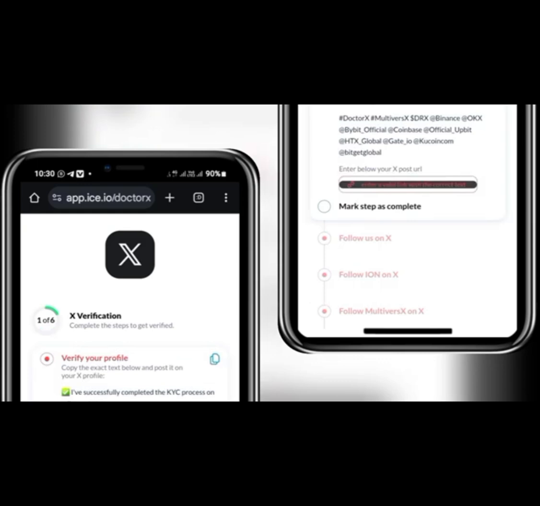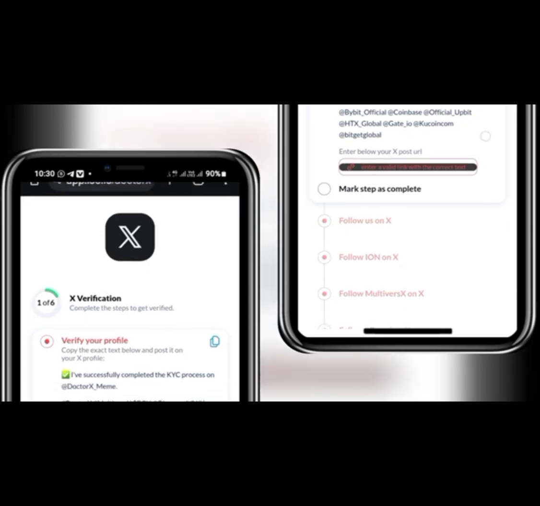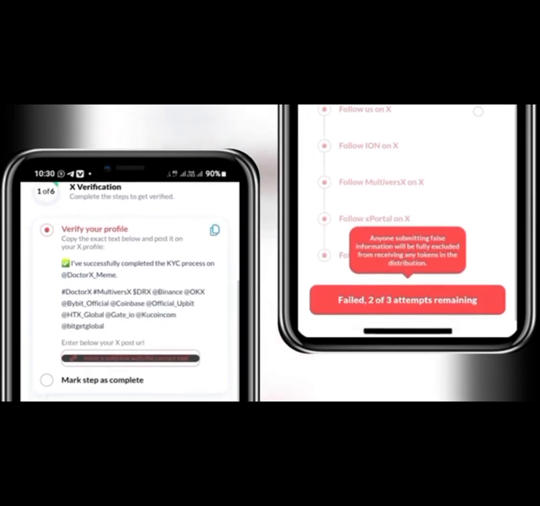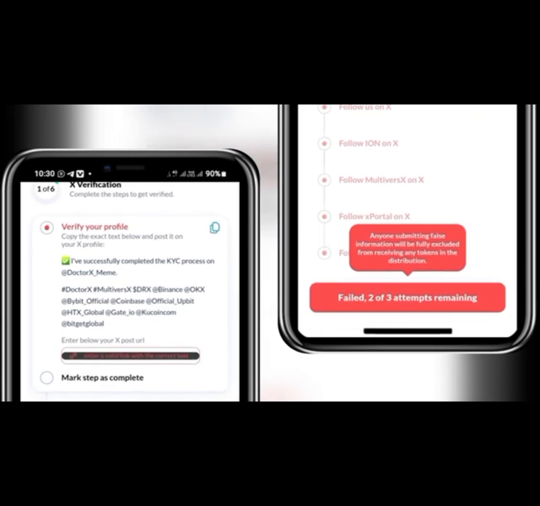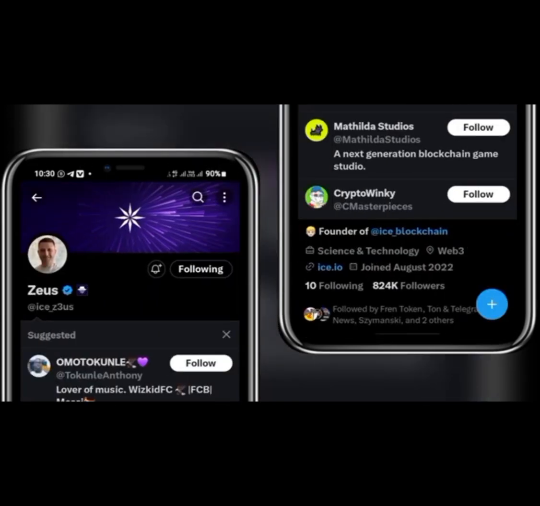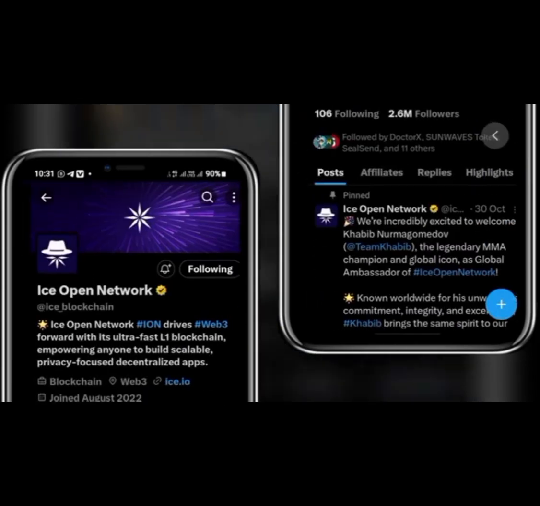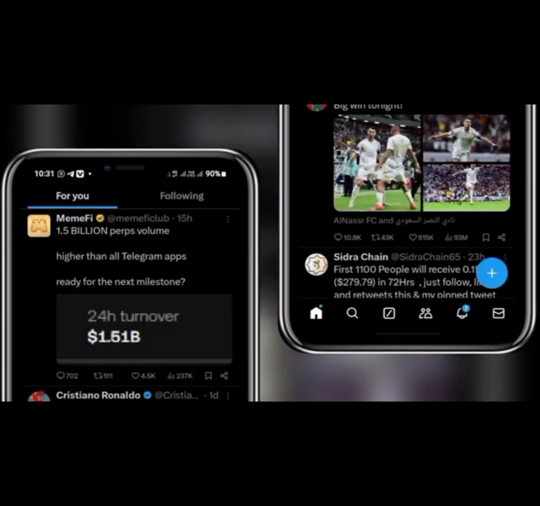Now, as you can see, I failed this attempt. Yes, this verification, I failed it, so I have to redo it. And guess what? If I scroll up, I have only 2 attempts left. So if I do another one and I fail 2 times, I'll not be able to complete the verification again for today. You have to postpone me till tomorrow if I can do it. And if I fail consistently, they will ban me from X, which means I'll not be able to withdraw my